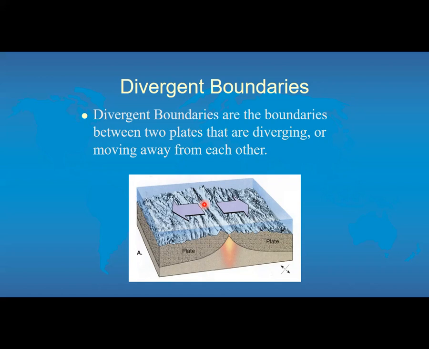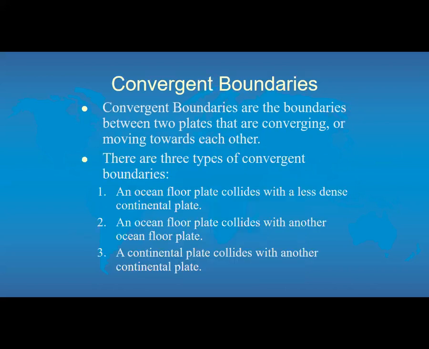And what's happening there is the plates are moving in opposite directions and there's new seafloor created. So that means closer to the crack is newer crust, and as you go further away from it, there is older crust. This also means that the United States is getting further away from Europe and Africa because these plates are growing. The Atlantic Ocean is getting bigger, okay? So divergent boundary, plates moving apart.